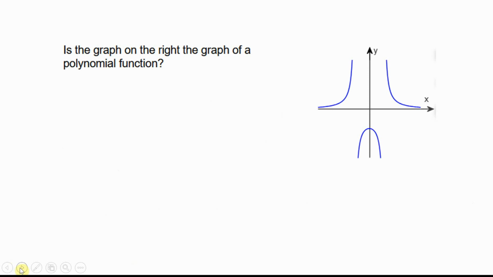Well, let's see. Here's the graph on the right. Is this a polynomial? We were talking about that in the very first slide. It's not, because look, it has some jumps, right? It has some holes there. It's not smooth. Remember we said the polynomial has to be smooth. Right? So we're looking for